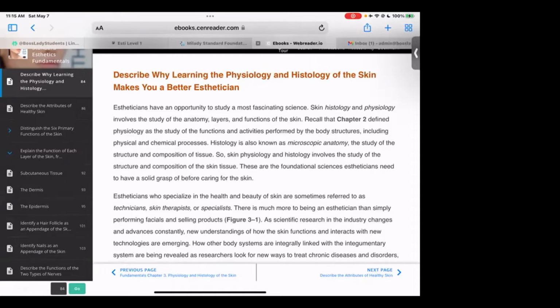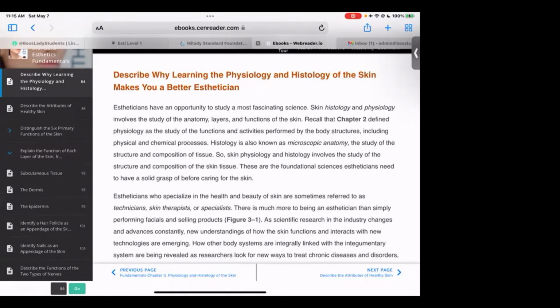Histology, also known as microscopic anatomy, is the study of the structure and the composition of the tissues. Without those two things, there's no way to understand how the skin works and why things happen the way that they do. Really, once you know the reason, things like acne, dark spots, sun lines, sun damage, wrinkles,